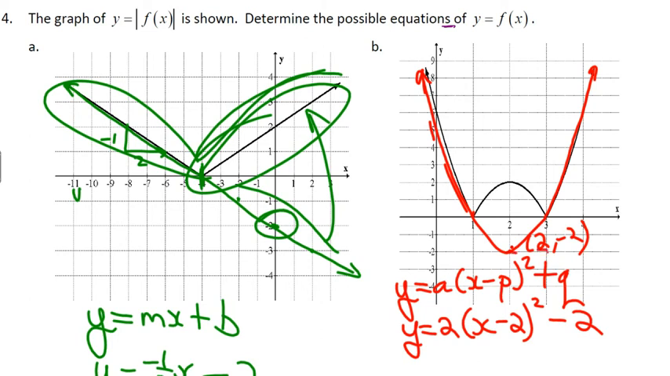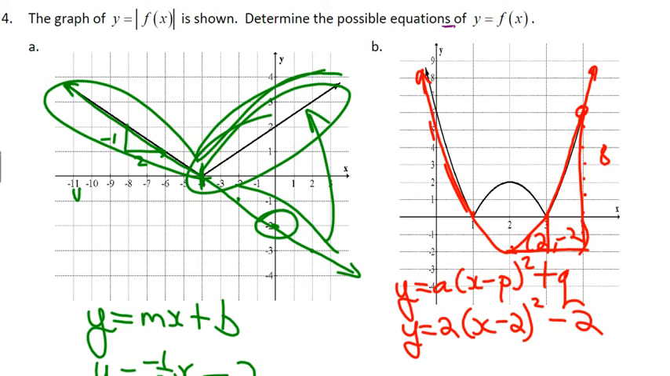Right, let's check it again. Go over 1, up 2. If I go over 2, I should go up 1, 2, 3, 4, 5, 6, 7, 8. Okay, which is right. So that tells me that the a value is a 2, right? We've got a vertical stretch by a factor of 2. So if you draw the graph of the absolute value of 2(x minus 2) quantity squared minus 2,